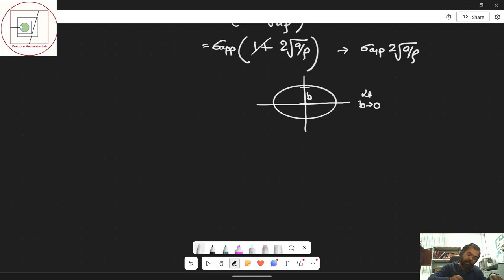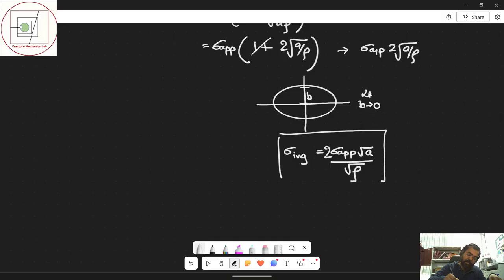So let me write the Inglis stress. It's not a factor; the factor will be the ratio of this and the applied stress. So sigma Inglis is sigma applied times 2 root a by root rho. So keep this in mind, and then let us go to